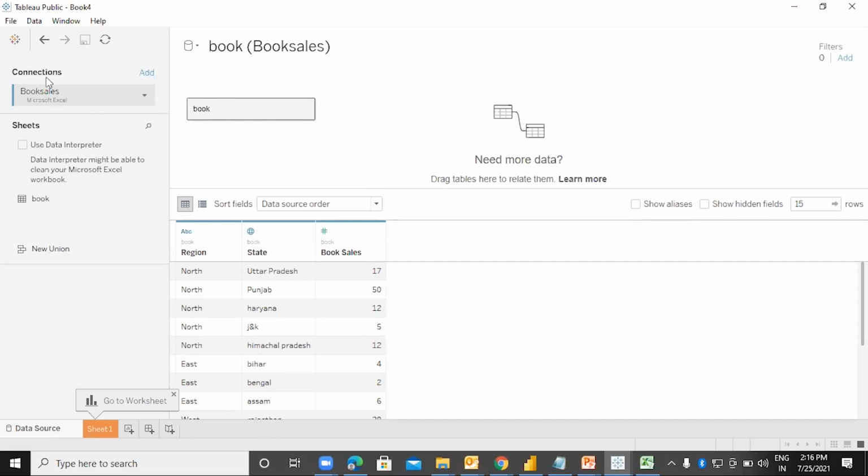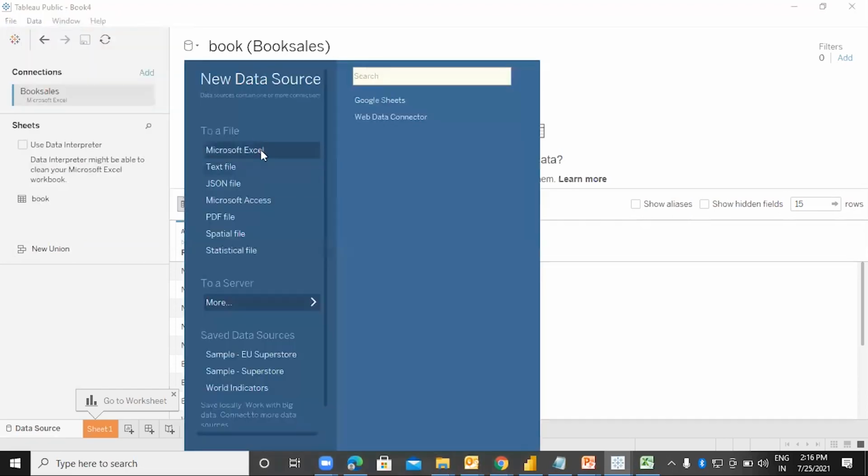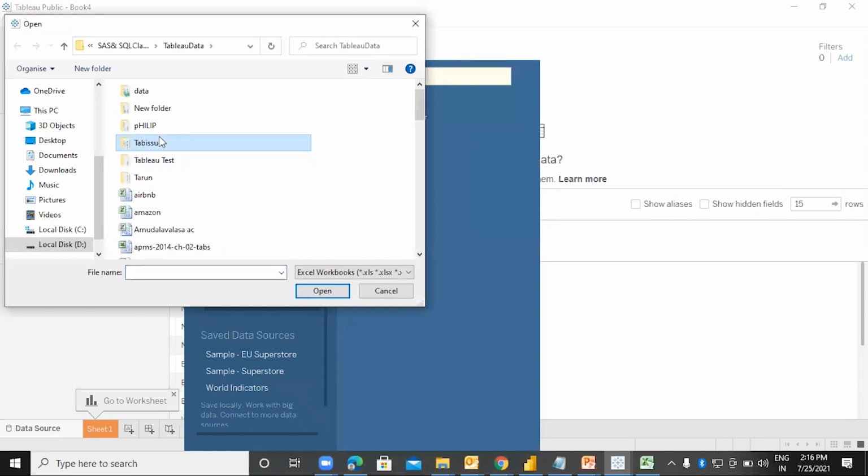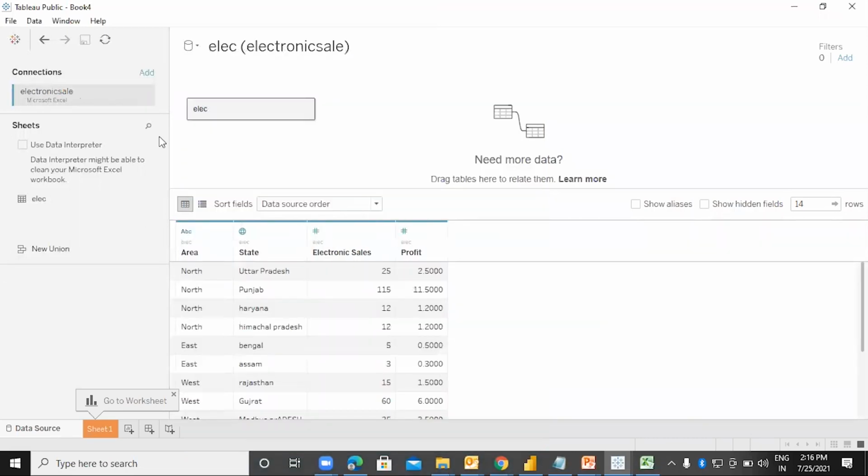This time I am not adding the data source, I am going to the data, and I will say new data source and say Excel electronic sale. Book sales and electronic sales.